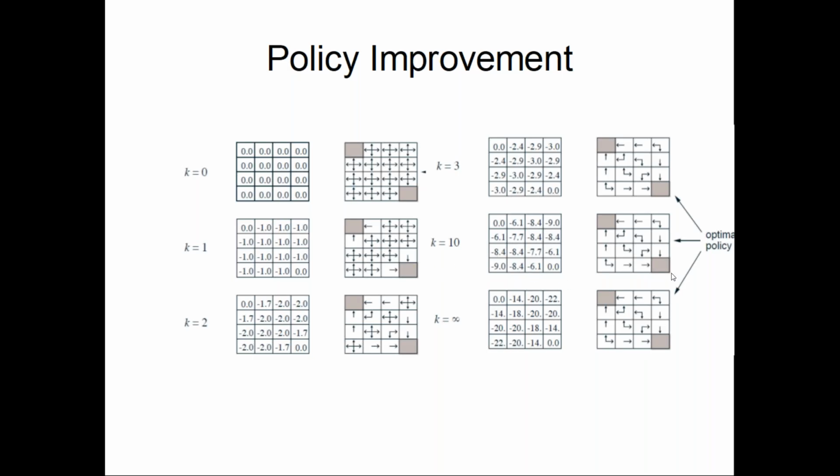Now if you look at it, how do we define the optimal policy here? This optimal policy definition depends on these arrows, how they help us to find out which path to go. That is one way. Also, where do we stop? Now we have started with K0, 1, 2, 3, 10, and then it goes up till infinity. But if you observe from K3 onwards